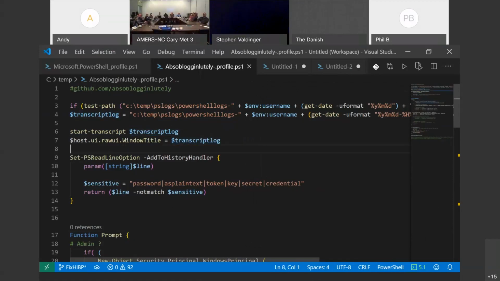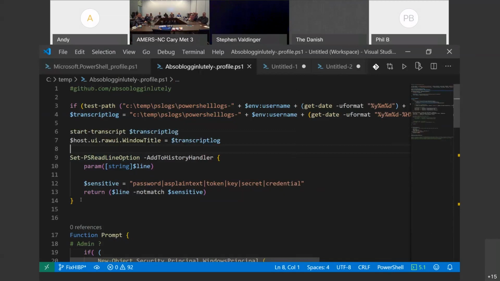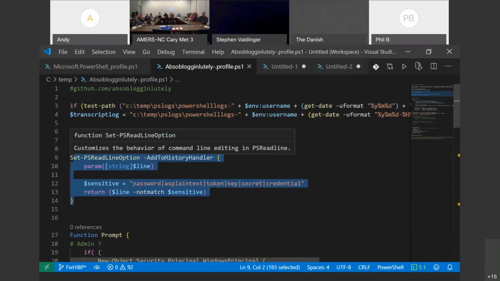The other thing I do, I don't want to store my password, keys or secrets or credentials in the history. Up arrow in PowerShell and you've accidentally typed in a secret or credential password. So what this does is takes that out of the actual history line. So if you type the word password,